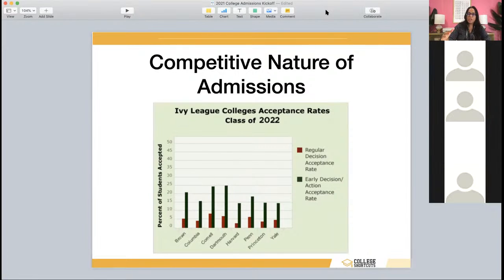If you see, the green is early decision, early action, red is regular decision. Now, for my parents that are early on, like Pankaj here has a 10th grader, these are the application deadlines. For example, applications open August 1st. We are getting close. You can apply starting August 1st. The deadline for early decision, early action tends to be October, November. So teenagers think, okay, I have till November. No, that's not what I mean. That's just a deadline. And then regular decision tends to be January 1st. No one wants to do this over Christmas break, just to be clear either.